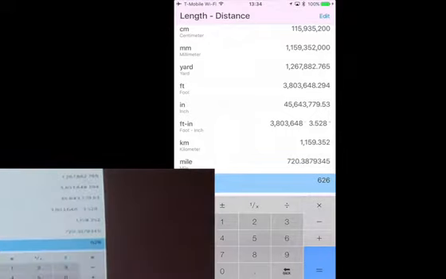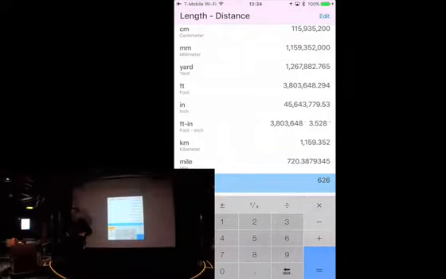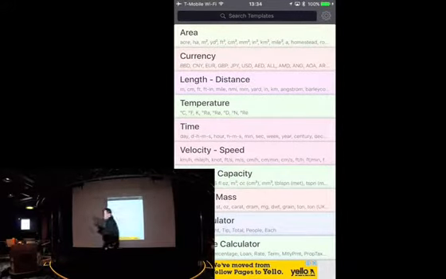The other cool thing, if you have an iPad, you'll notice that bundled into the iPad is no calculator. There's no calculator bundled in the iPad. But here's the cool thing, you actually have a calculator inside of there. You can not only do length, but you can do speed as well.